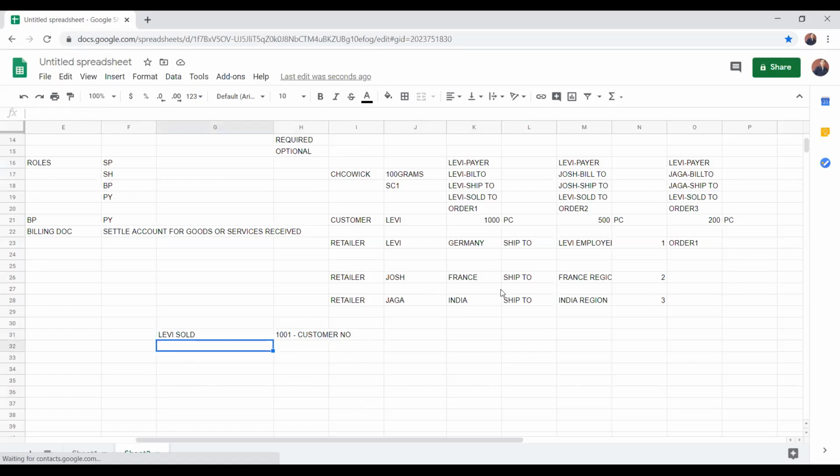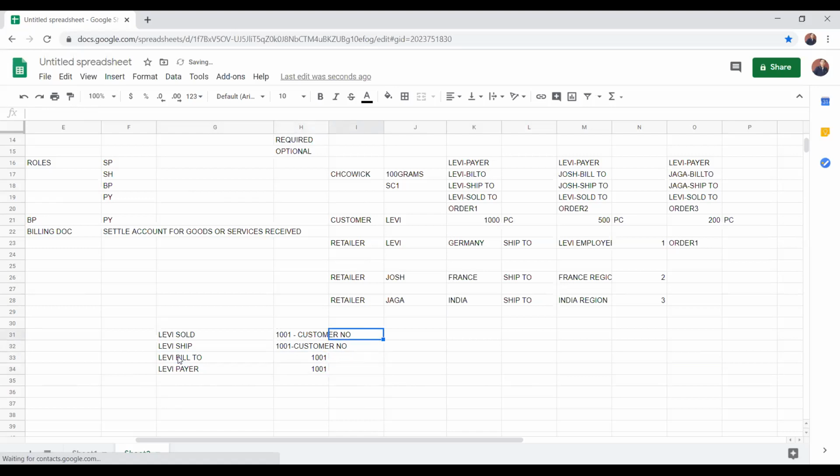So Levi himself ship to, then 1001 will be the customer number. Levi himself bill to, so the number will be 1001. Levi himself payer, so then the number will be 1001.